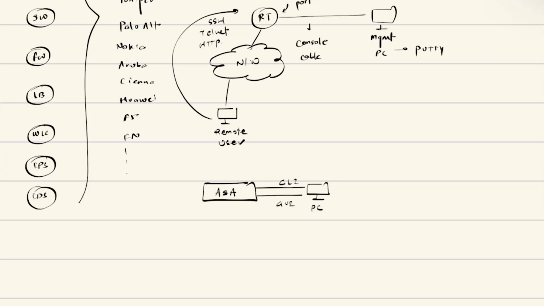If you want to configure it by using CLI, you would use PuTTY. If you want to configure it using GUI, you will use a utility called ASDM, Application Security Device Manager. And without knowing any single command of the ASA, you would still be able to configure the ASA because of the GUI.